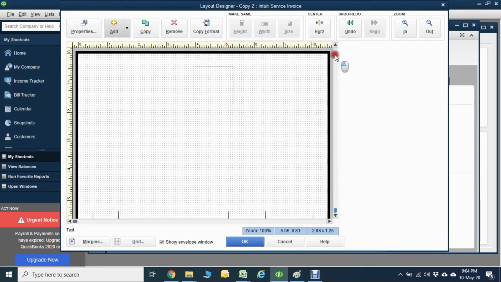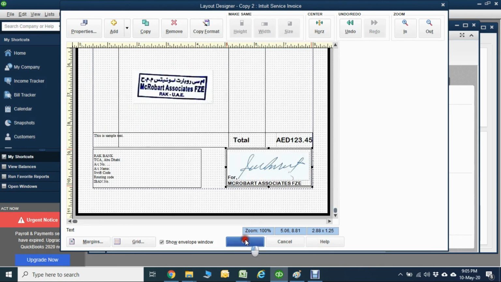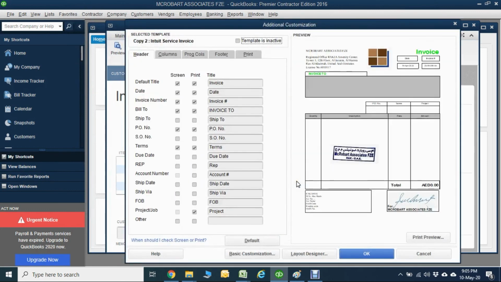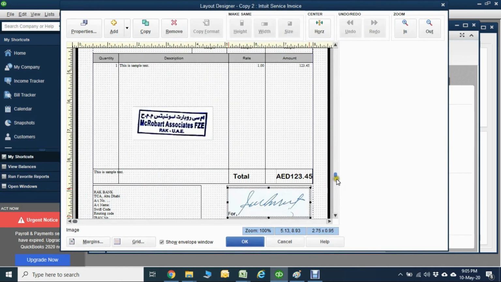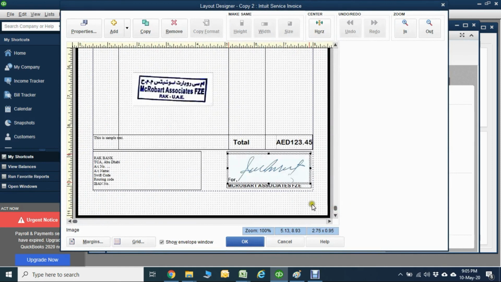So if you go now, click OK. Now see your template ready, invoice format, how it looks like. So this one you can drag right and make it correct. Okay, I'll do it for you now. Let's go to the designer page again. So make this box a little bit bigger.